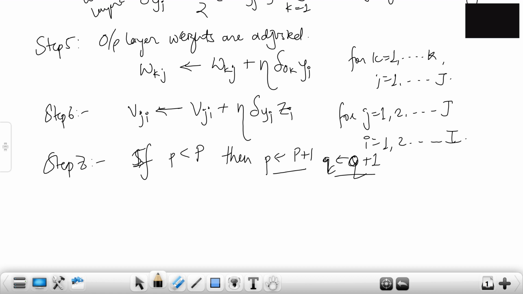This is training pairs, this is iteration, we are increasing it and go to step 2. Otherwise, go to step 3.